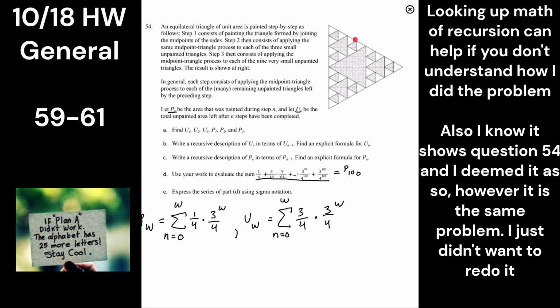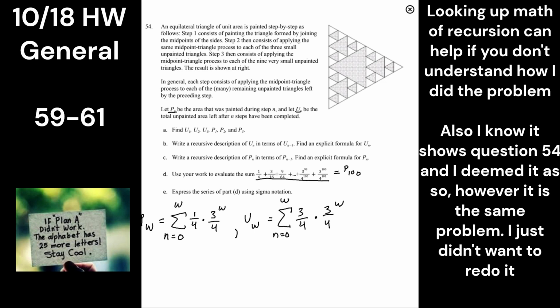Then this is another 9 over 16, and whatever that is, it just simplifies to 9 over 16, which is when it multiplies by 3 over 4. So it's the same pattern. So for U sub,